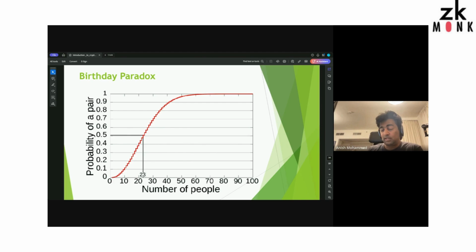A collision of that is like the key space of this random function is 365 days, 366 if you were to take leap years. Does that make sense to everybody? So essentially, a year has 365 days, a leap year has 366 days. So that's the so-called key space of the hash function. And the square root of that, 365 or 366, is about 23, and that's the number at which we can find a collision with a probability of half. And this applies to any hash function. Can I have the next slide, please?